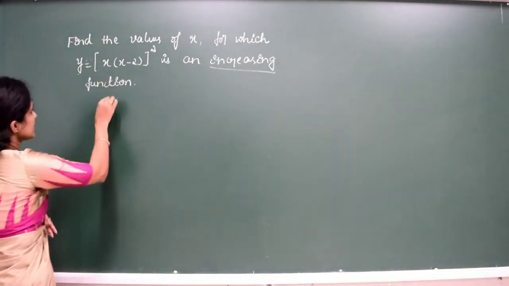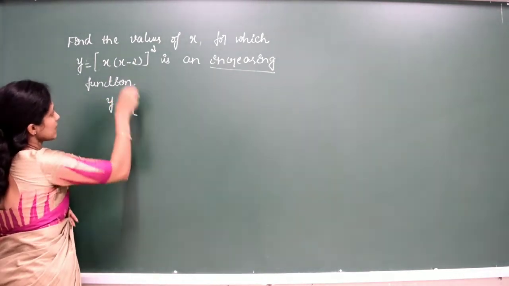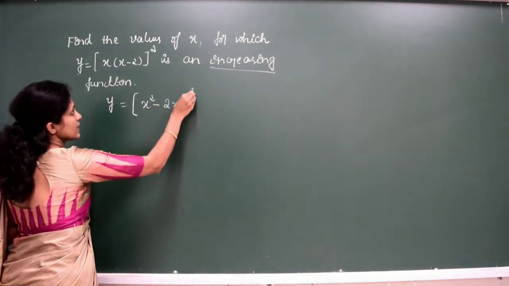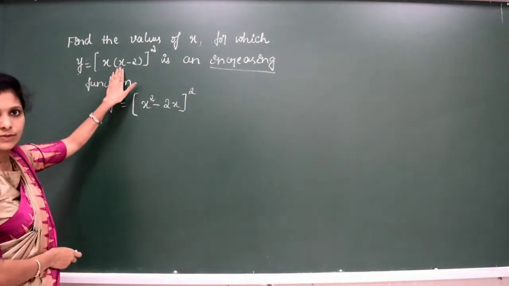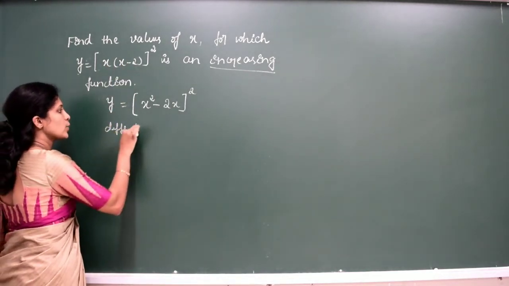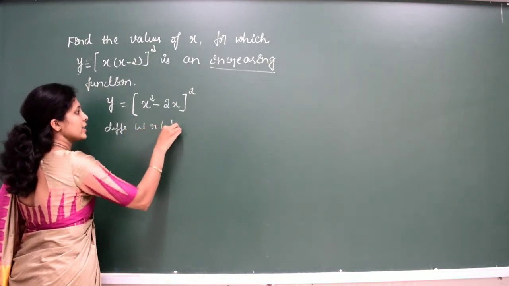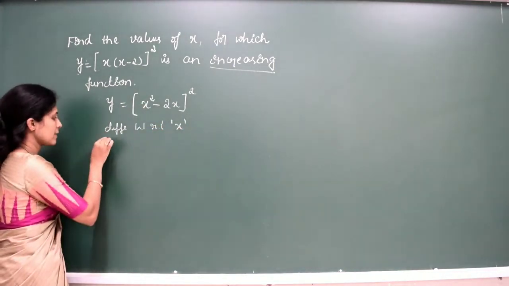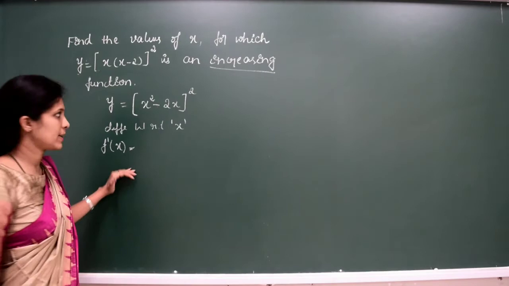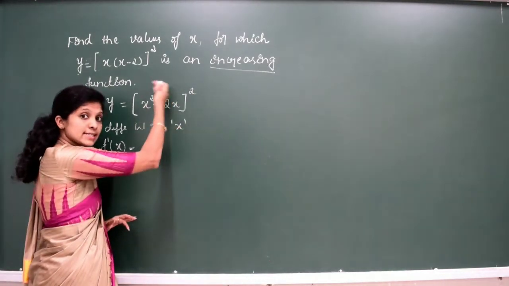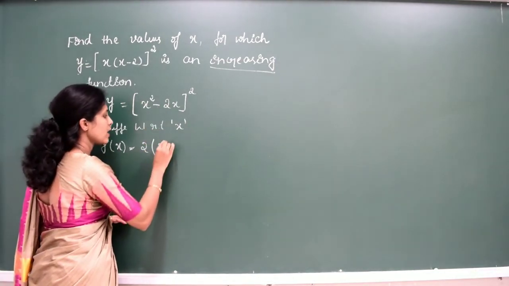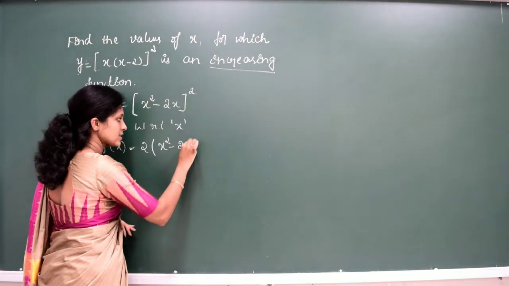Okay. First let us consider this. y is equal to, and multiplying that, x into x will be x square minus 2x whole square. Is it clear? For differentiation we multiply this, x into x will be x square minus 2x. Now we will differentiate the function with respect to x. Derivative of y with respect to x will be dy by dx, or we can write f dash of x. Anything we can consider, f dash of x or dy by dx. So derivative of this is of the form x square, right? Derivative of x square will be 2x. 2 into, in the place of x we have x square minus 2x. We have done with this 2.